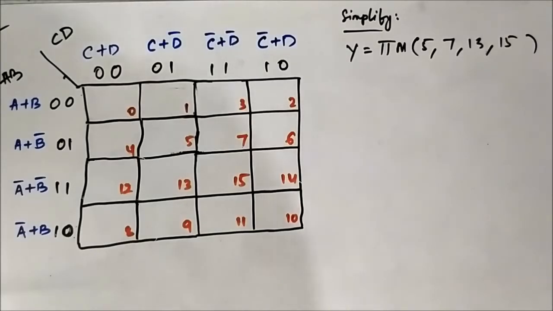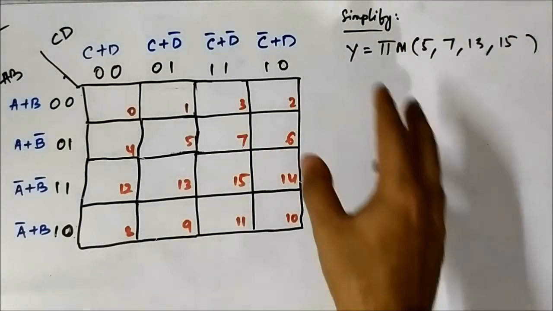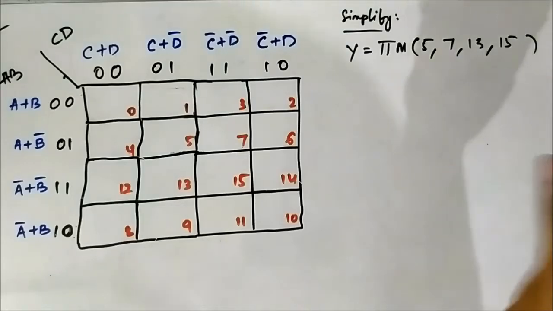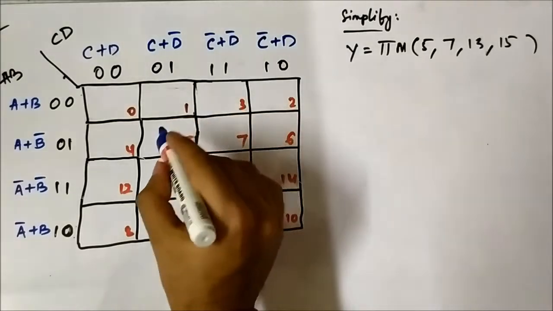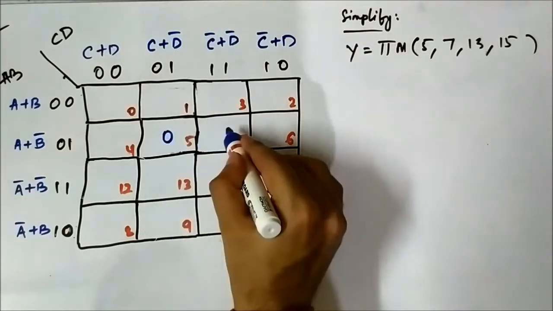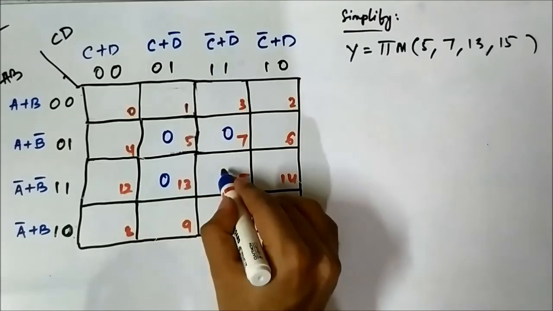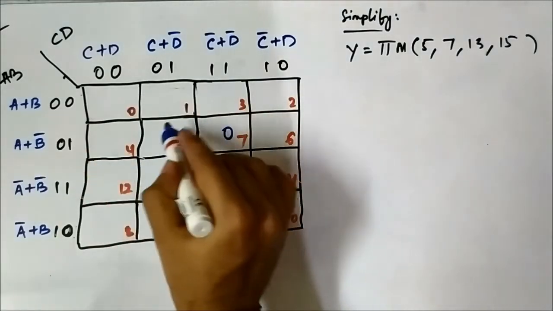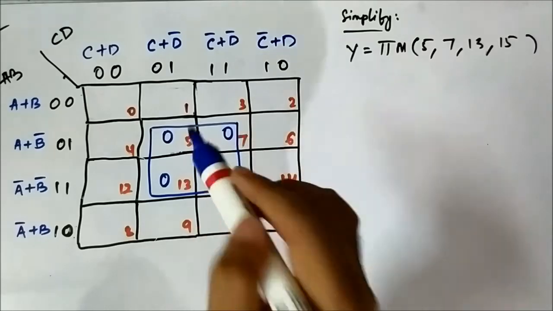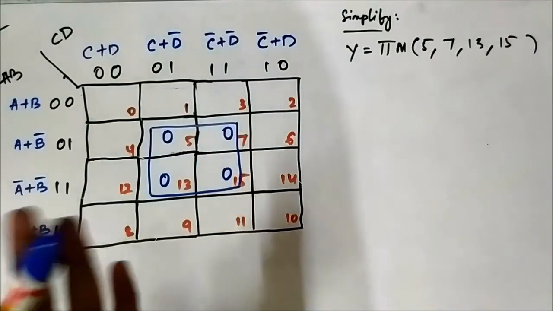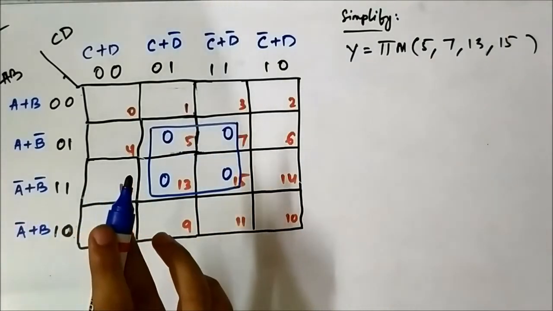So this is the 11th question on POS K-map simplification. So this is the POS Boolean expression given in terms of the max term values. Again, only 4 max term values are there, 5, 7, 13, 15. So we'll mark the respective cells 5, 7, 13, 15. So as you can see, we can directly form a quad here involving these 4 adjacent cells. Now we have to identify the common set of variables.